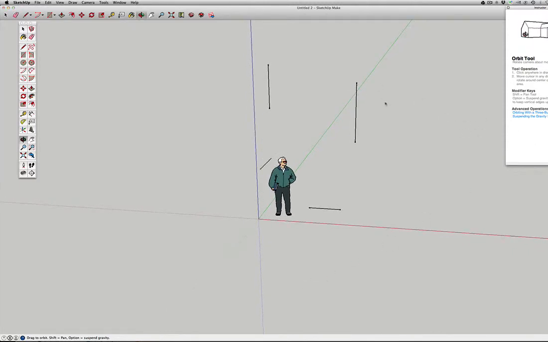So let's start off here. I'm going to hit L for line. I'm going to go to the endpoint. See how it's red? Click down to here. Stay in green. Look how it's at an angle. If I go off there, I'm in the blue. But if I stay in the green,